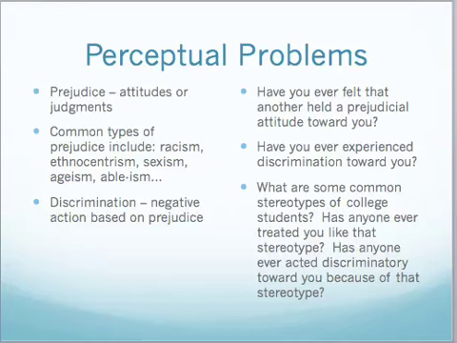And prejudice can be both positive or negative. And common types of negative prejudice include things like racism, ethnocentrism, sexism, ageism, ableism, which, if you don't know what that is, deals with disability. Discrimination, though, is where we take our prejudice a step further and we actually have negative action based on the prejudice. And so, very typical examples of discriminatory acts are when people make negative jokes, make a group of people the butt of jokes, or in hiring process where someone's discriminated against, or promotion processes where people are discriminated against. But discrimination occurs in a variety of different contexts, in a variety of different ways.